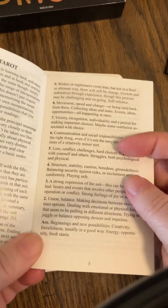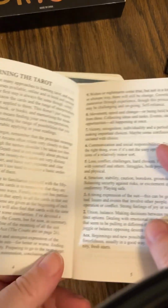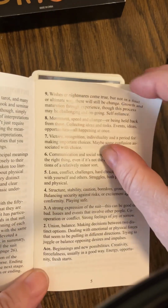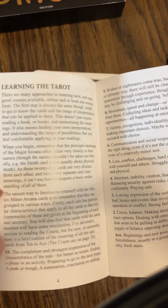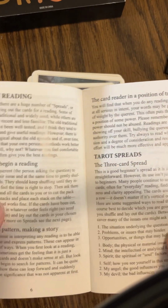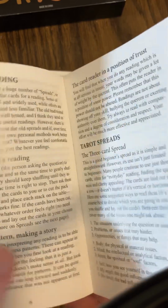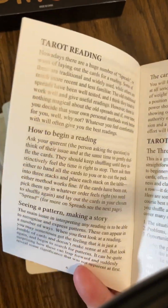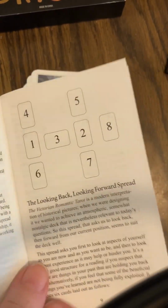You get this very small book, which I'm sure is sufficient. Actually, I haven't looked through it too much, but I was surprised with such a small book that they have an introduction, and then they have learning the tarot. So they actually do have information for beginners, and this is talking about the basic energy of the numbers and the suits, and then how to do tarot readings and tarot spreads, which I just feel a lot of times, even in the bigger books, this information is glossed over or left out, and you just get, here are tarot card meanings, you know. So there are some spreads that were designed for the deck,